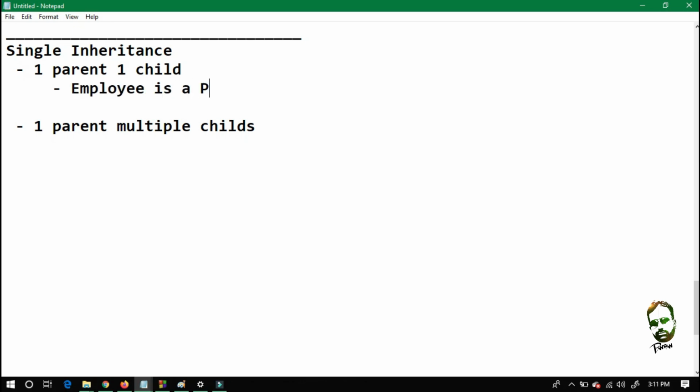In single inheritance, we took the example of an employee is a person, in which the superclass, parent class, and the base class was person and the child class was employee. So let's suppose the person is the parent of multiple classes. So let's say student is a person. Student has some sort of ID and name, and there will be other attributes also, but a student is a person. He has ID and name.